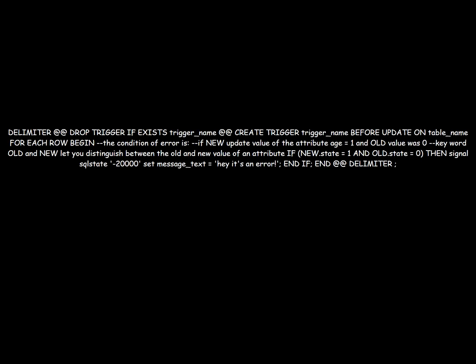DELIMITER @@. DROP TRIGGER IF EXISTS trigger_name@@. CREATE TRIGGER trigger_name BEFORE UPDATE ON table_name FOR EACH ROW BEGIN. The condition of error is if the new update value of the attribute age equals 1 and the old value was 0. The keywords OLD and NEW let you distinguish between the old and new value of an attribute. IF new.state = 1 AND old.state = 0 THEN SIGNAL SQLSTATE '-20000' SET MESSAGE_TEXT = 'Hey, it's an error'; END IF; END@@. DELIMITER ;